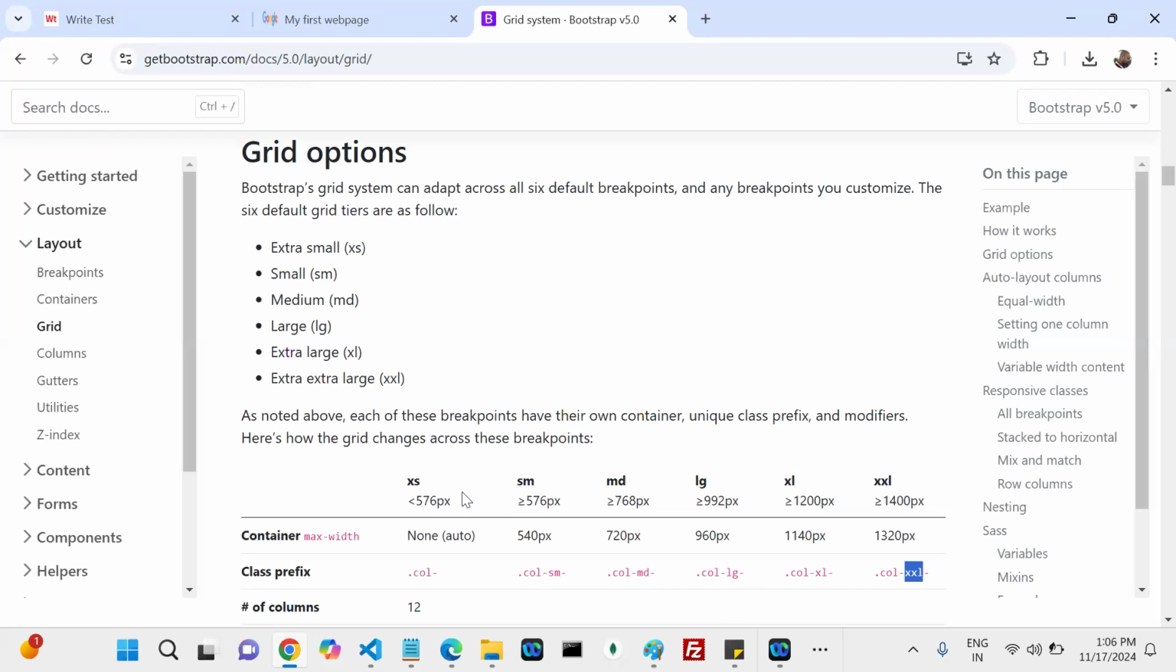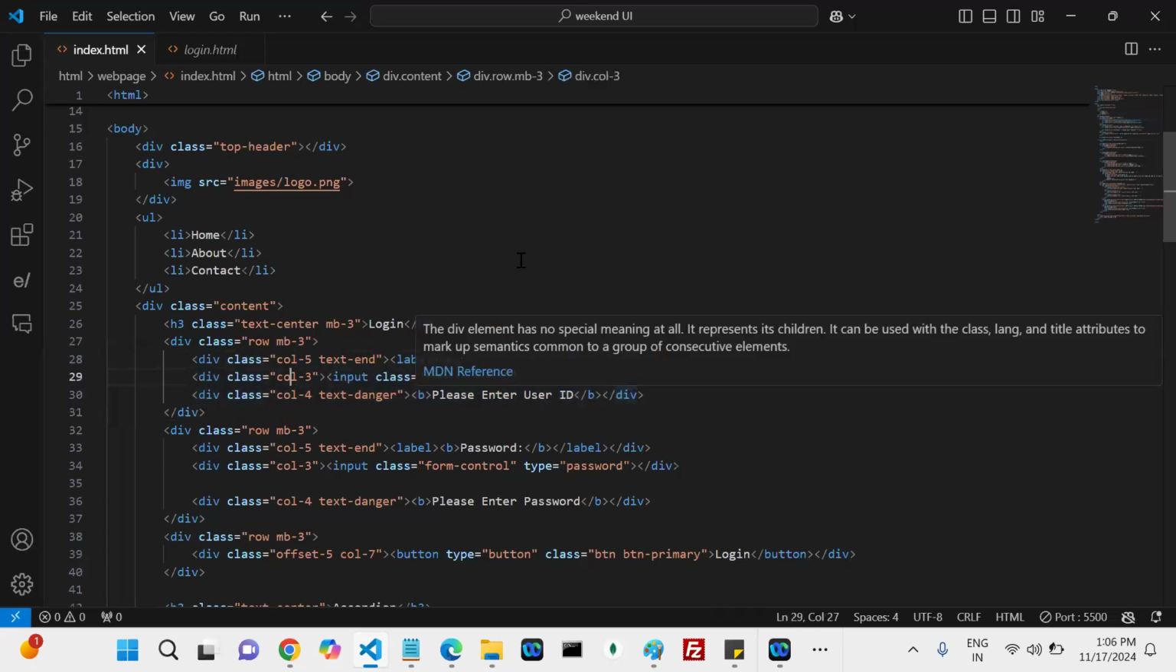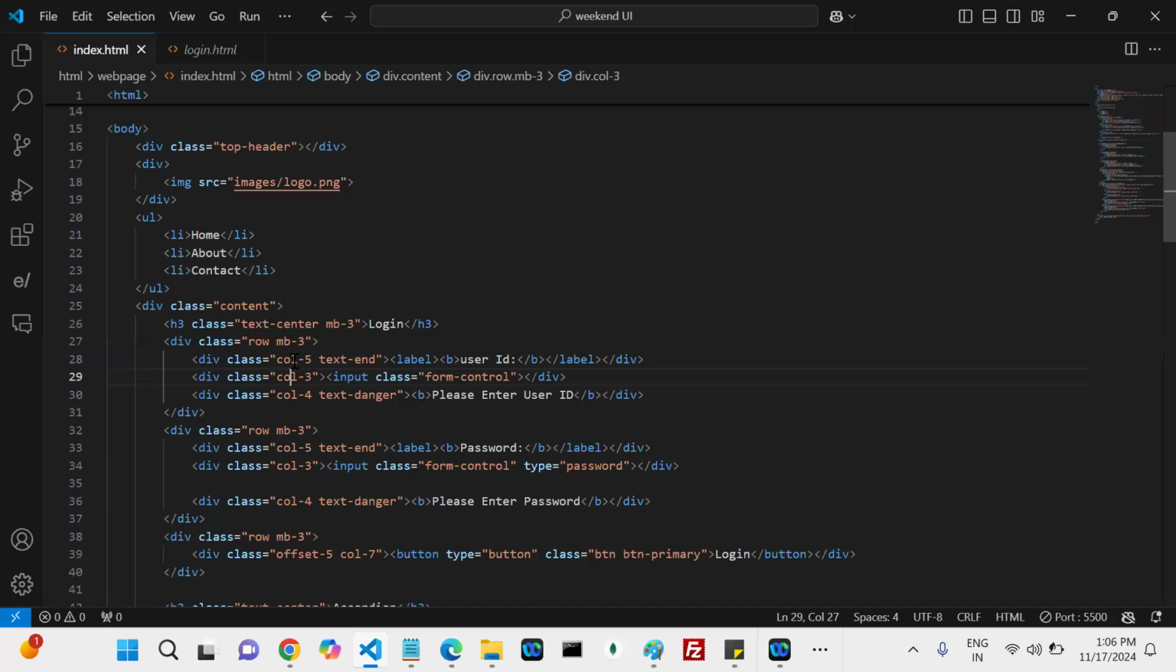Understood, everyone? So if you do not mention anything, what is my resolution? Extra small. So this is for what? You do not mention any resolution, so it is extra small. Right? So if it is extra small,